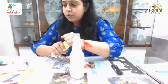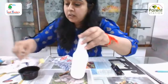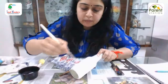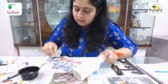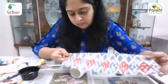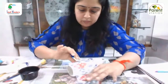I'll be using this Mod Podge glue, and I'll be covering the surface with a brush and Mod Podge glue. I'll simply slowly start with one area, and then apply the tissue paper